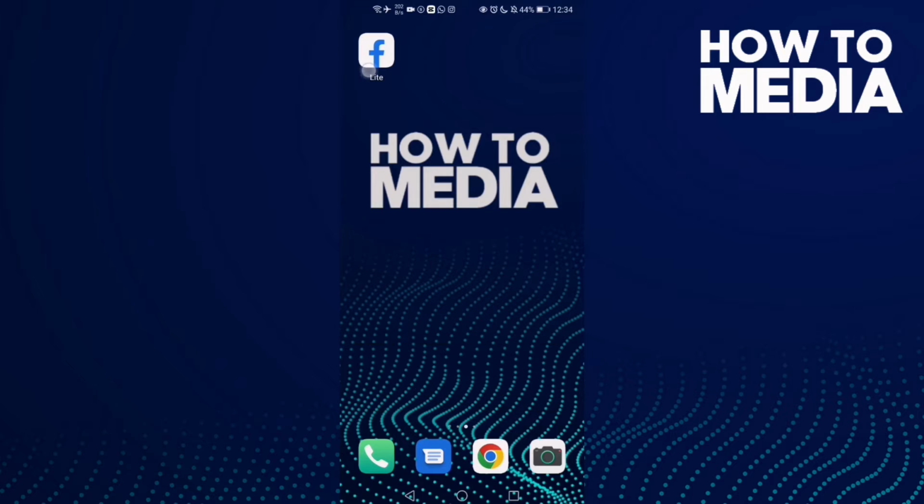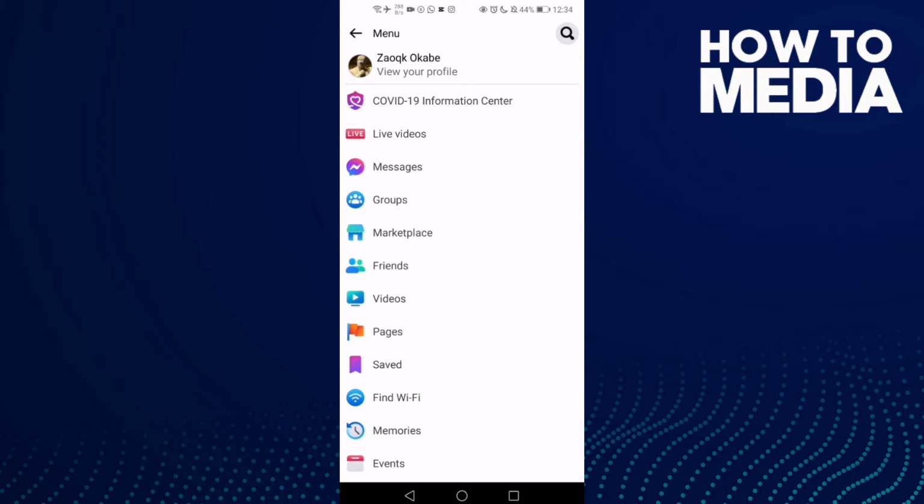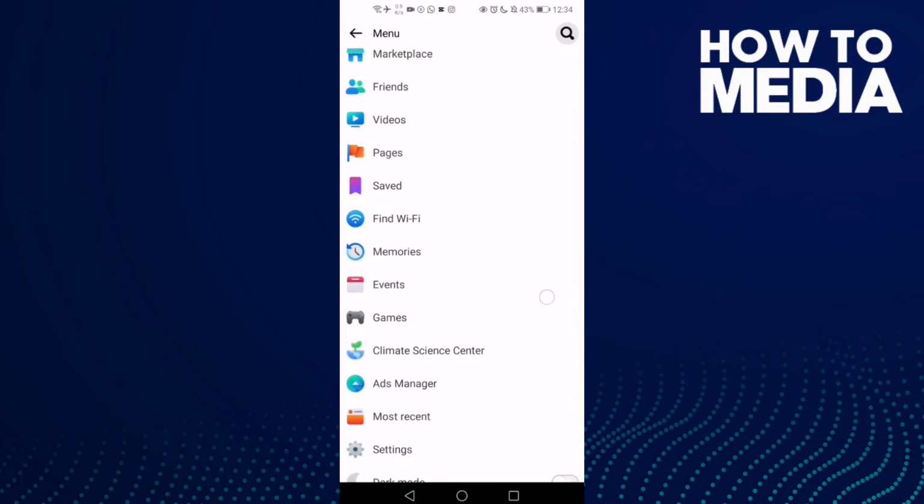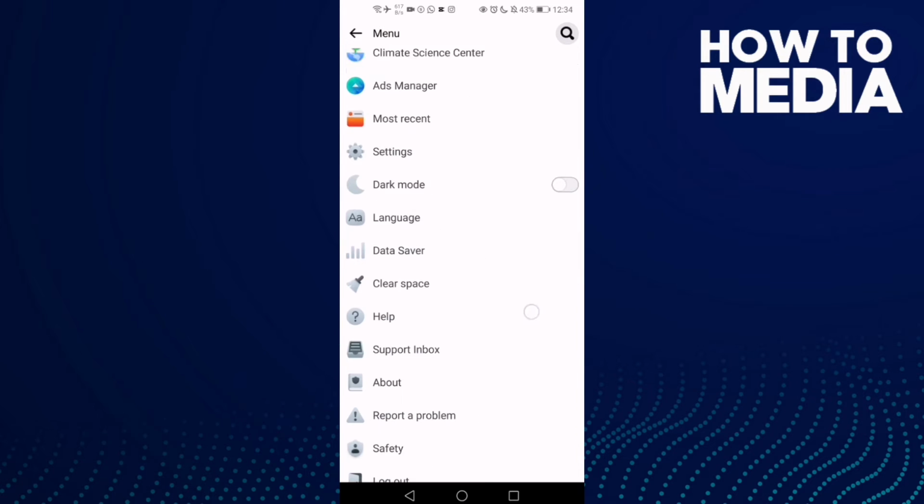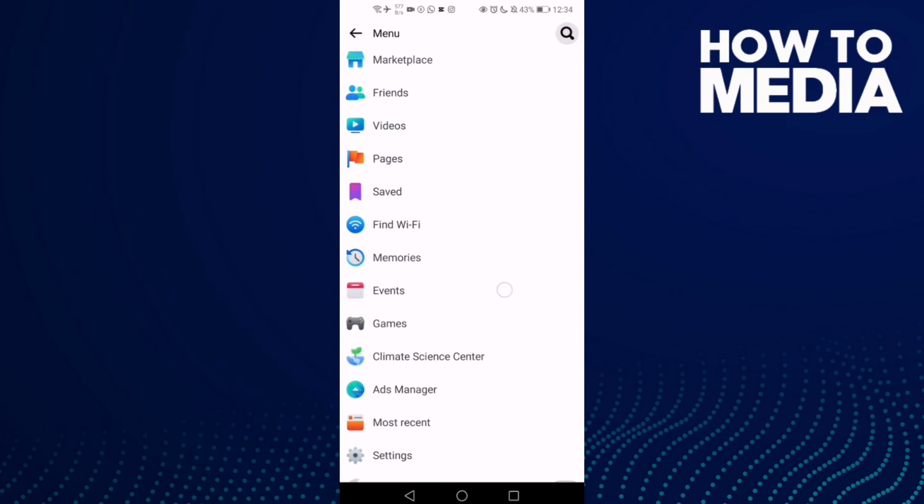First thing, go to Facebook Lite and now just click these three lines here in the top corner, and after you click on it, just go down again, and here you will find events. This one, click on it,